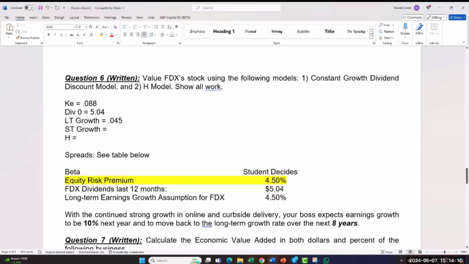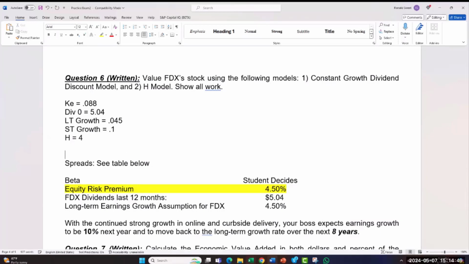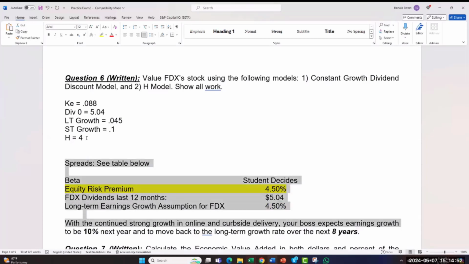Short-term growth, your boss expects earnings growth to be 10% next year. Some of you, I think this is a paper in another class, kept saying it's going to take 8 years for the growth to go from 4.5% to 10%, but it's the exact opposite. It's going to take 8 years for the growth to decline from 10% next year down to 4.5%. So the 10% is the starting number. And then the H is that 8 divided by 2. Just remember it's half year. So that's 4. And so when you put all that together,